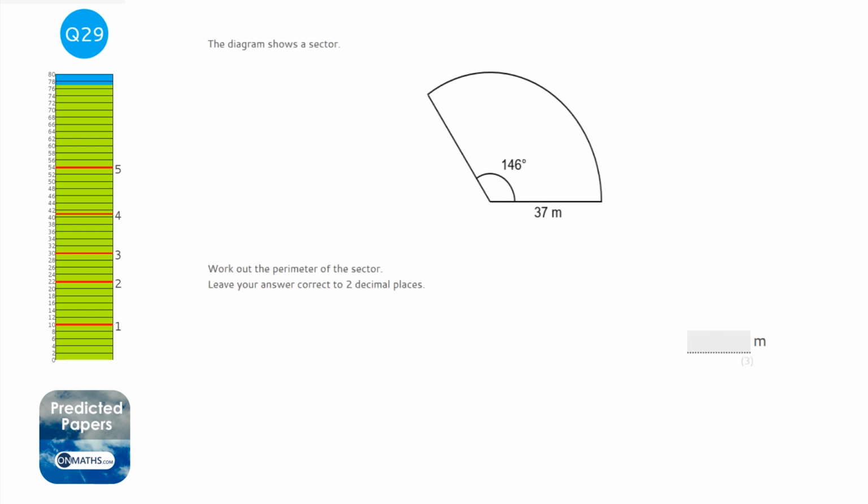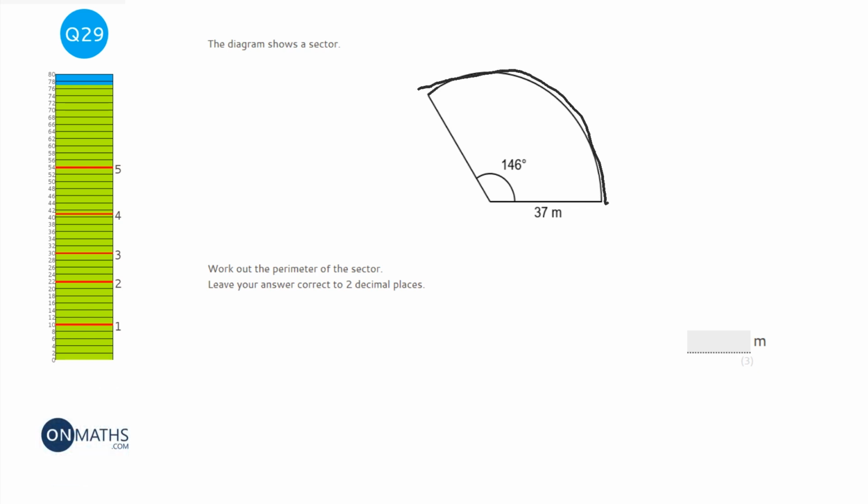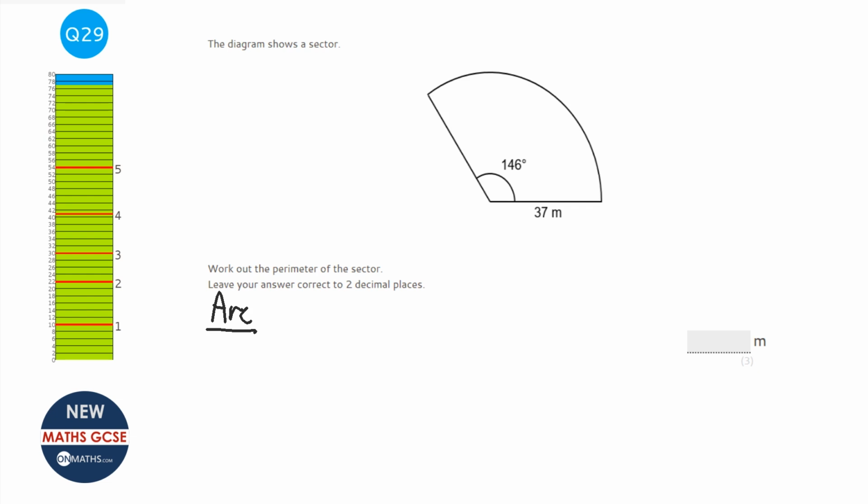Okay, so for this question we need to work out the length of the arc, which is around here, and then we need to work out what this and this are. So we're going to do arc first. I'm going to show the examiner that I'm doing the arc first. Now the distance of the arc is the total circumference of the circle times by the fraction of the circle we've got. So you want to work out what the fraction is of the circle and times it by the